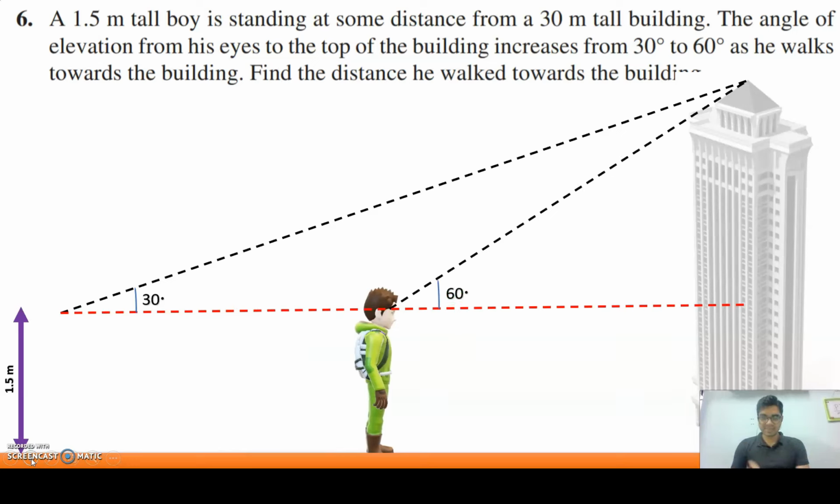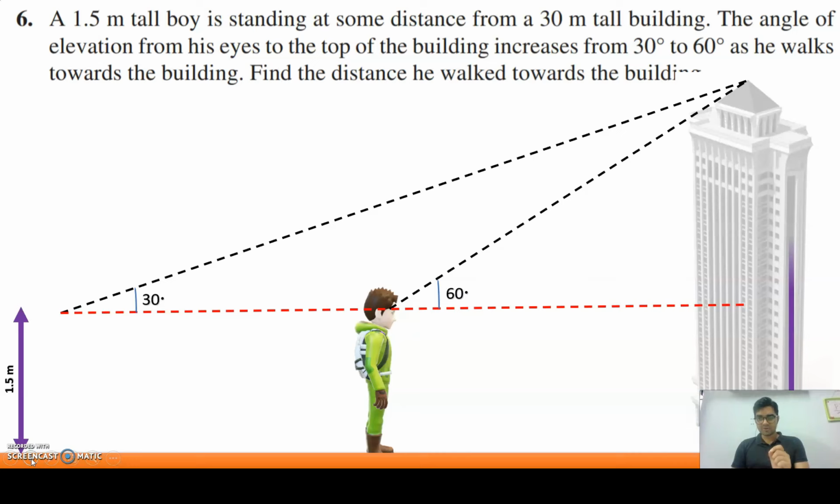Okay, and here you need to understand one thing. When you are standing, let's say at some distance from the object, your angle of elevation will be less compared to what your angle of elevation will be if you move towards the building. If you want to do one experiment, just try to look straight, little up, and just try to see the ceiling fan above. You have to look like this. So automatically the angle of elevation will increase when you move close to the object.